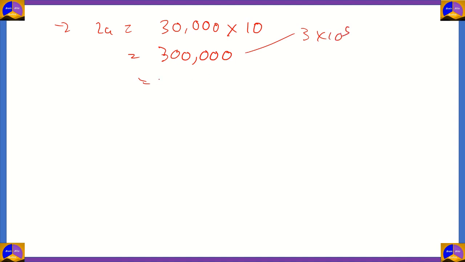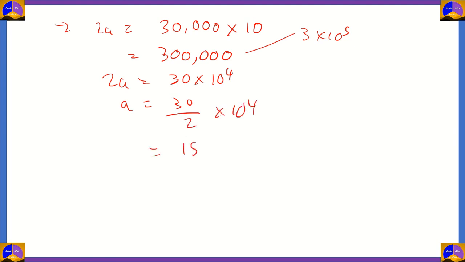or for our calculations, we can write it as 30 times 10 raised to 4. 2a equals 30 times 10 raised to 4. A equals 30 by 2 into 10 raised to 4. 30 divided by 2 is 15. So the value for retardation, which we represent as A, is 15 into 10 raised to 4 meters per second